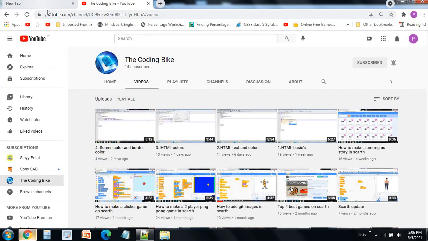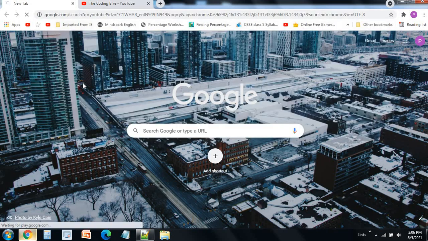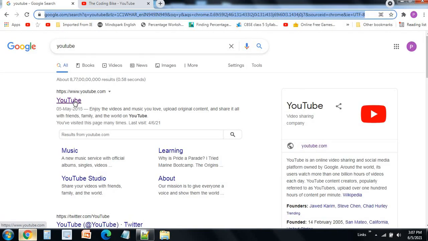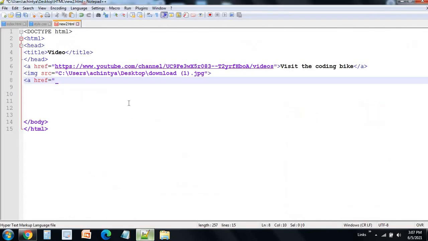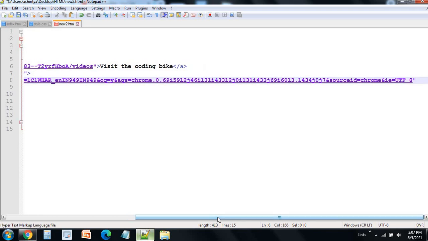For example, I can choose any link I want. I'll just go to YouTube over here, choose its link, Control C, and then put this link over here. It's a bit long, that's why it went over here. Now close this and you're done.